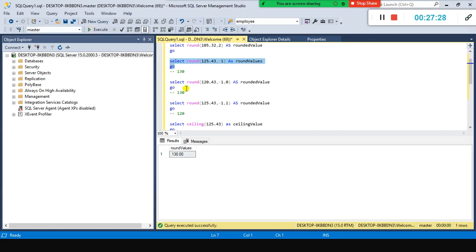Let me repeat one more time: if I use 120, it gives me 120 as it is. By default, as I told you, the third argument is 0, hence it converted to 130, but when I use 120, it gives me 120 only.